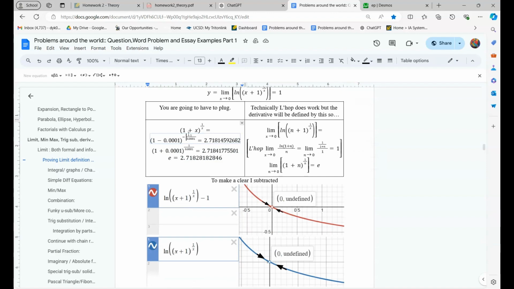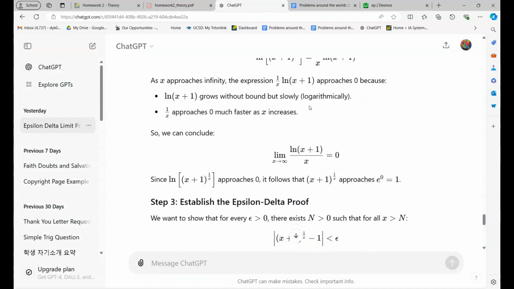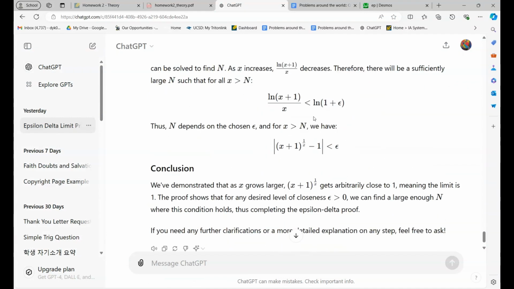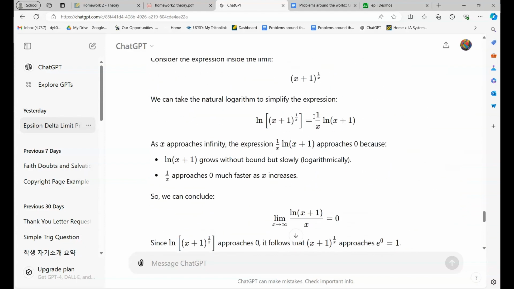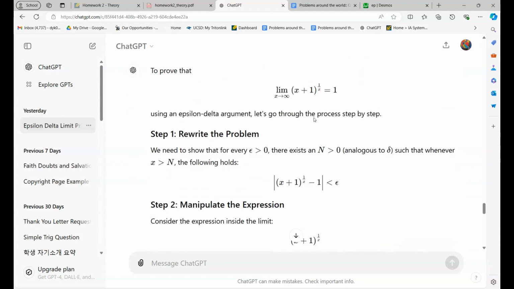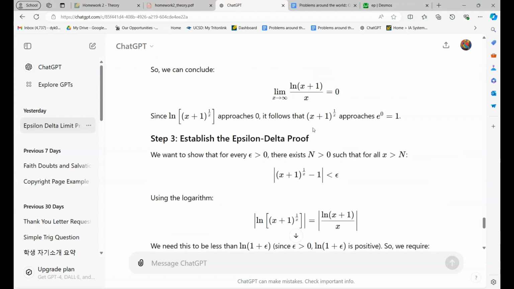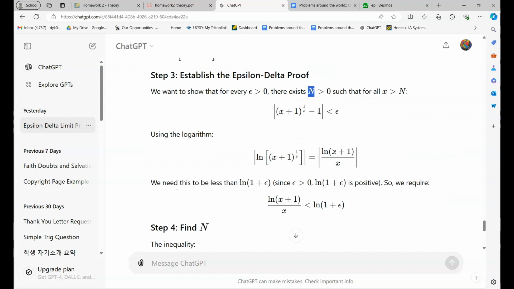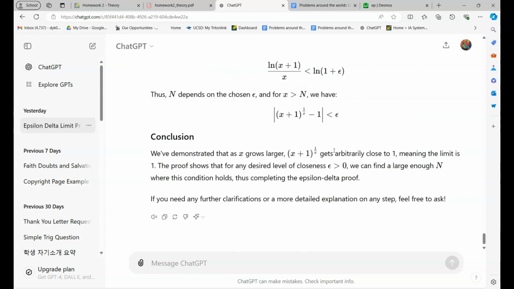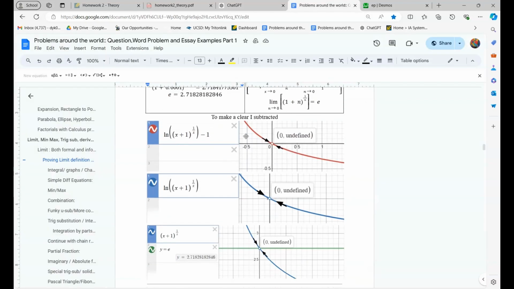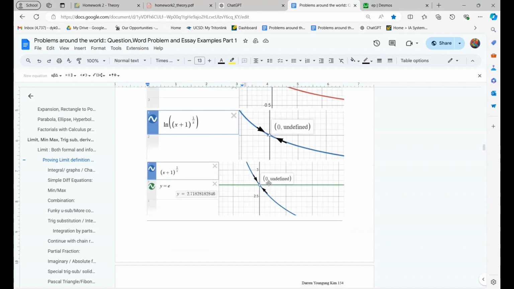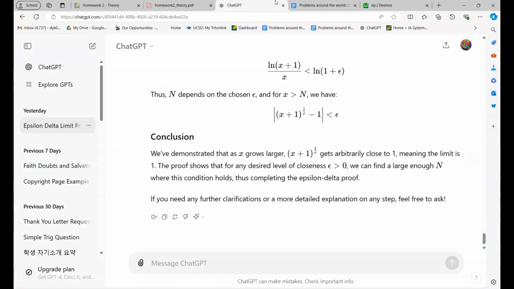If I could prove it with epsilon delta, I would. But the problem with epsilon delta is that I tried it, it didn't work, and I used ChatGPT because I was desperate. Still didn't work. It backfired because it kept on giving me shenanigans that didn't even make sense. You're supposed to get epsilon, and it just gave me this, and I was like, well, I know this is epsilon here, and that doesn't really make any sense to me. Maybe it makes sense to someone else. But I have just resorted to using a graph. And even if I was to get the epsilon delta, I would just say later on I'll prove it with